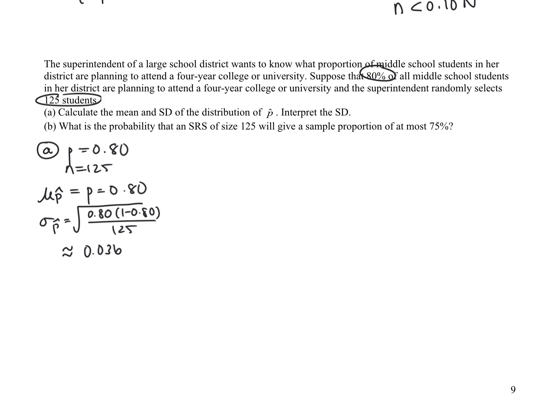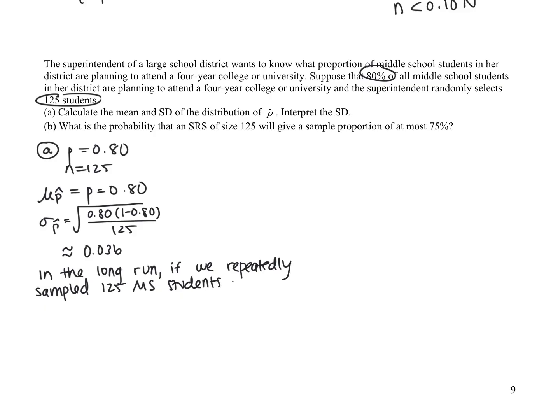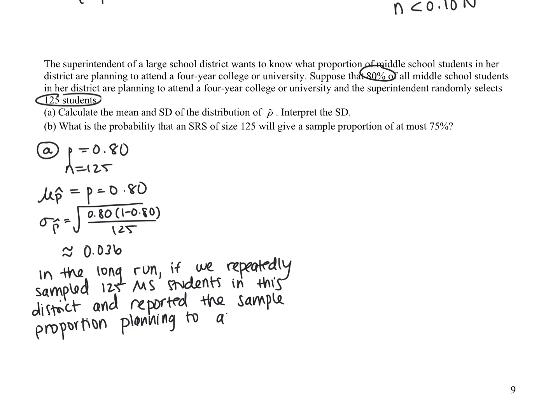Okay, if we interpret that, this is going to be, of course, in the long run, if we repeatedly sampled 125 middle school students in this district, and reported the sample proportion planning to attend a 4-year college or university,